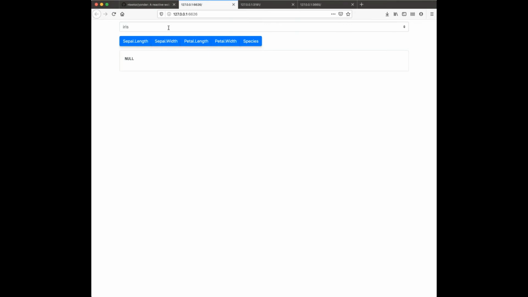So what's happening here is we're picking a data set, and then the choices and values are based on the column names of this data set. And so a button group input operates, or the value changes, when the user clicks on one of the buttons in the button group. So again, this